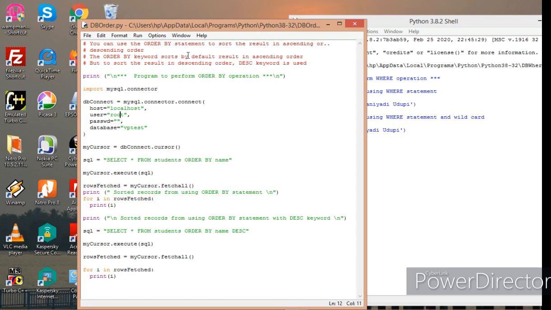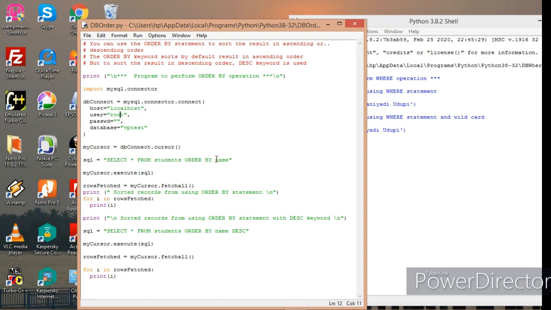The order by keyword sorts the result in ascending order by default, but to sort in descending order, the DESC keyword is used. Again, db connect is a connection object, my cursor is the cursor object, and the SQL statement is select star from students order by name.